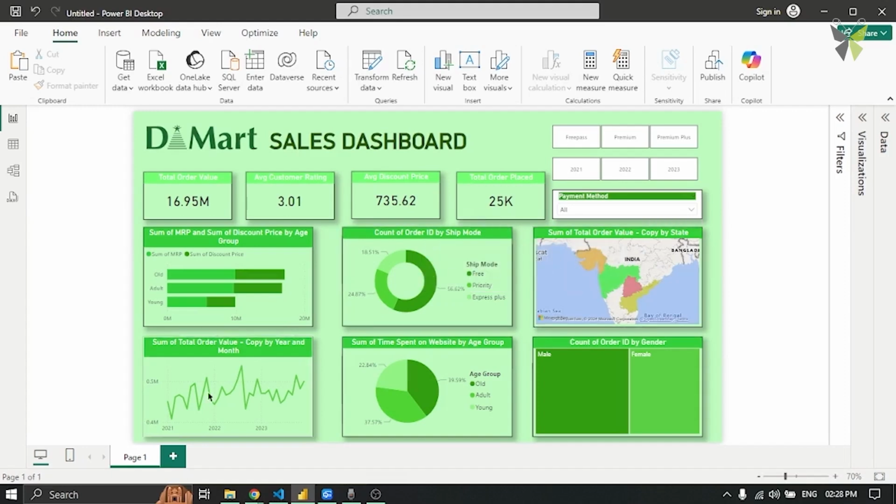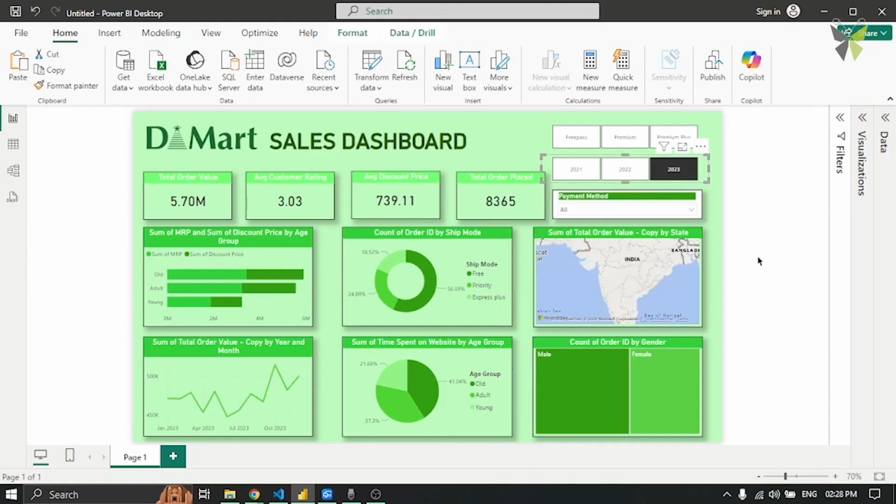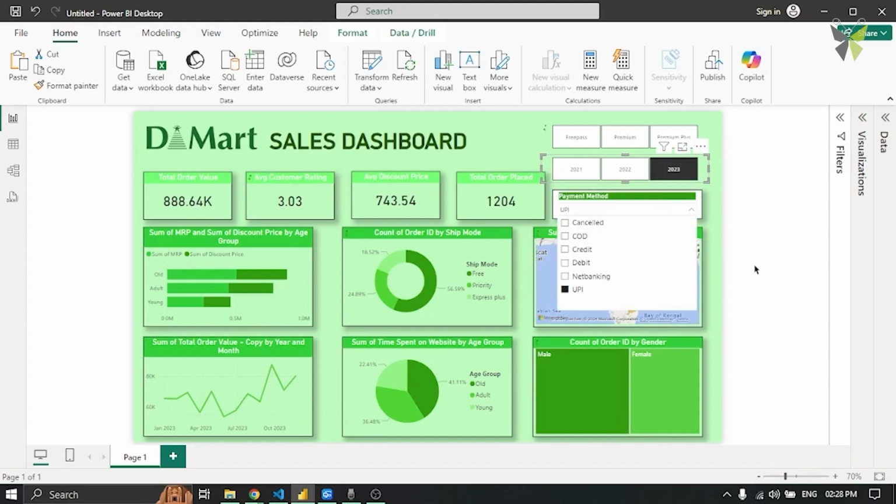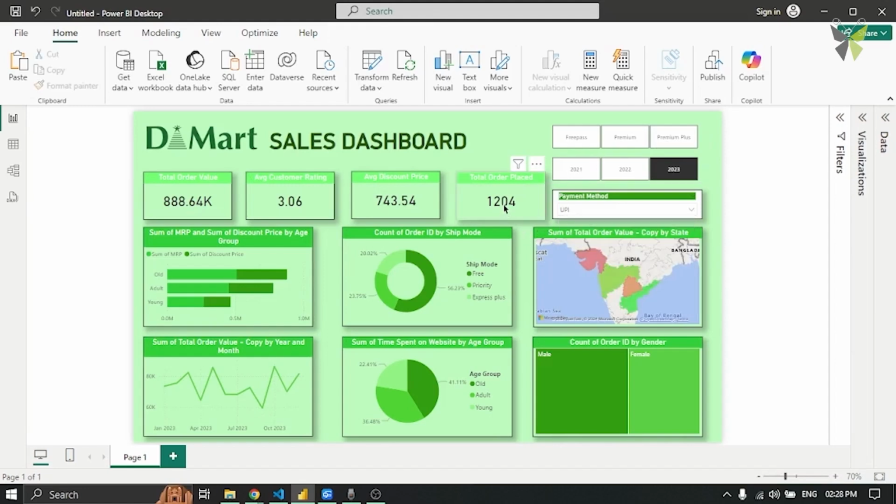So I can say, for example, I want to analyze the latest year, that is 2023. I can select this 2023 and look, now the whole dashboard has been updated. And in my payment method, I'll only select UPI payment. So now I have a total of 1200 orders placed by UPI in 2023. Again, the best state is not Maharashtra, rather Andhra Pradesh.